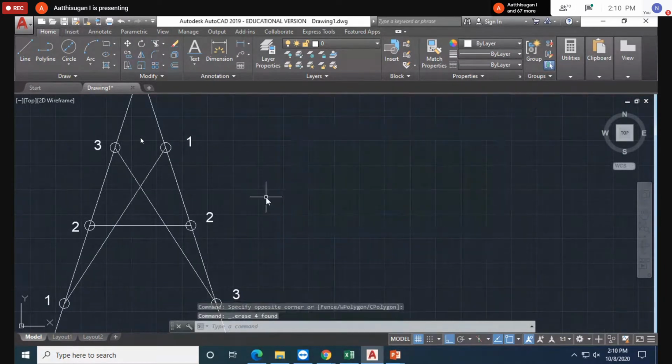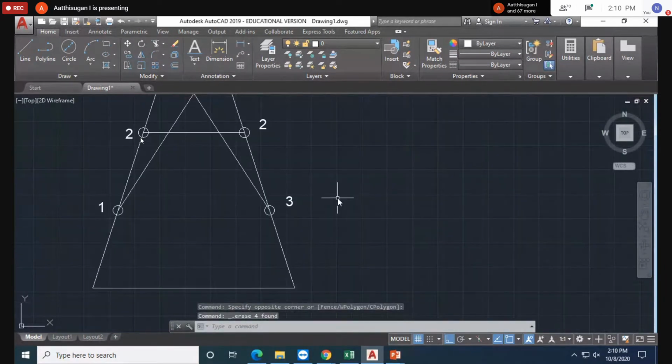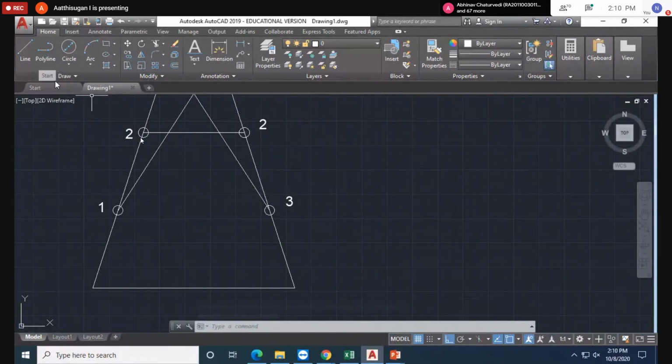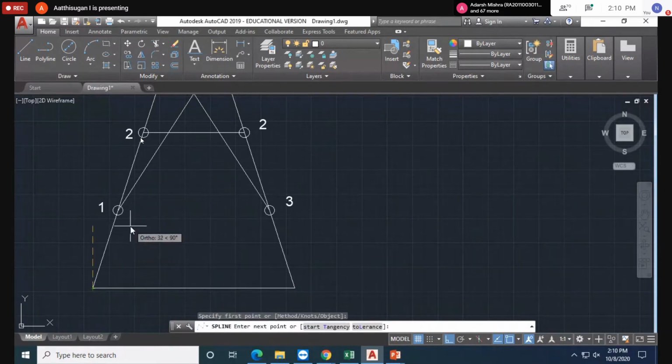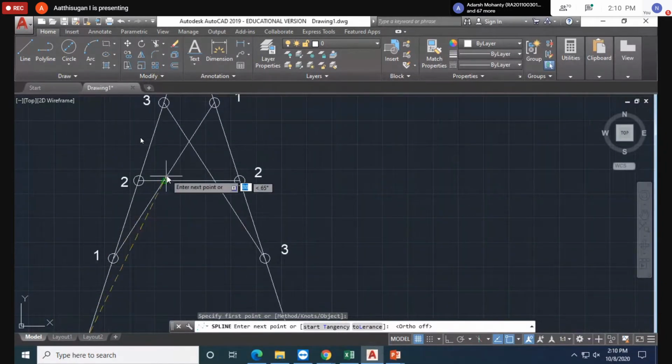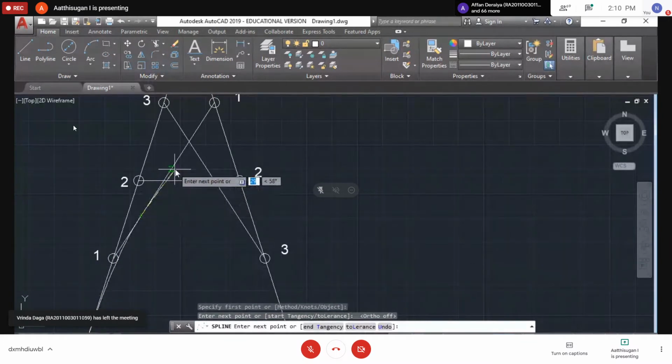So come to this one. I told you this is the tangent method. Here, the same, we are going to start from the spline option. You can take spline here or use spline directly. Start from here. F8 is off. Just move along this line. See that along this line I'm just moving, from here to the center point, somewhere here. Just imagine, click it, then don't go up.